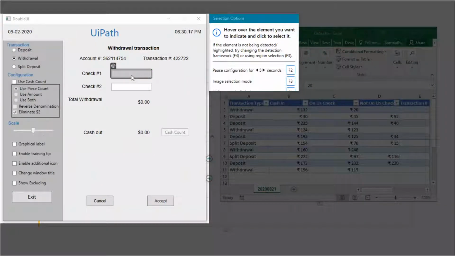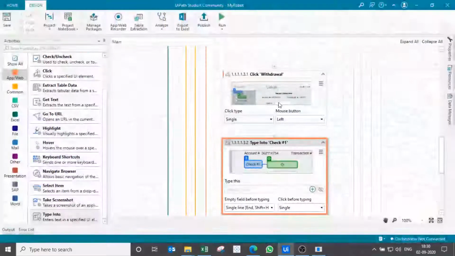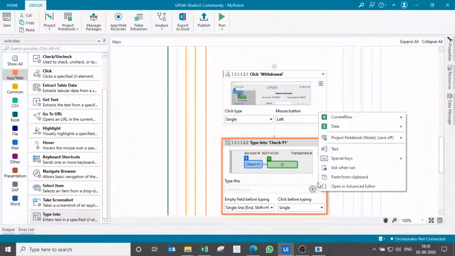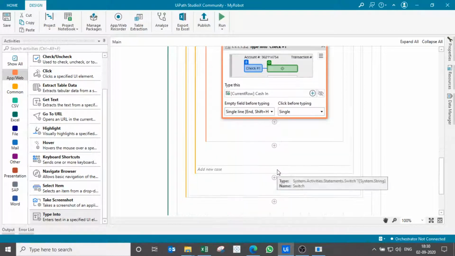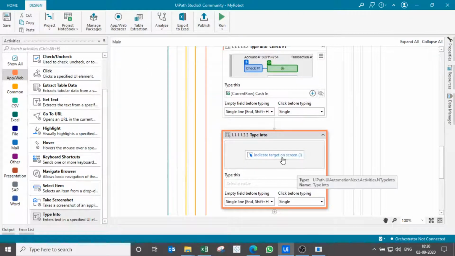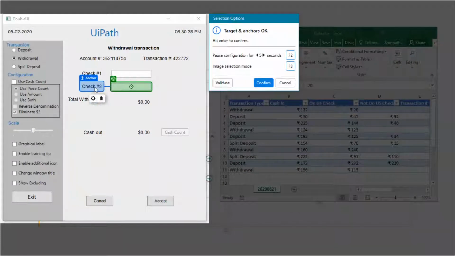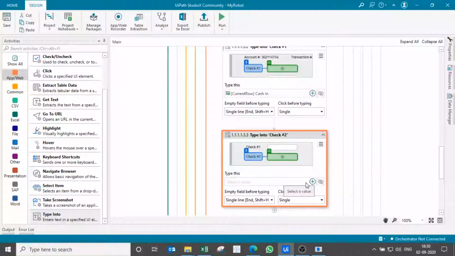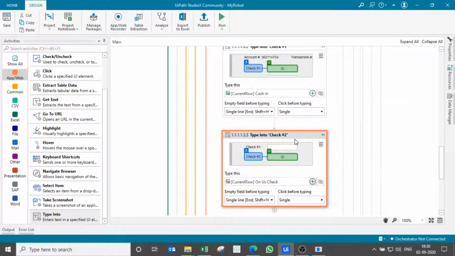Automatically an anchor has been selected. Click OK, and then from the current row we need this one, and then again we will have to add a type into, and then again we will be indicating the target. Automatically the reference or the anchor is selected. Confirm, and then again we have to add the data from the current row and on us check.